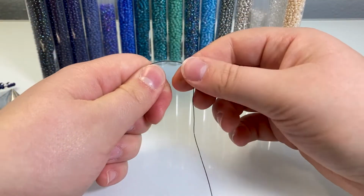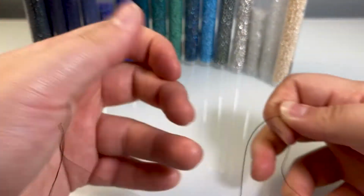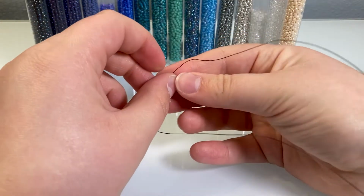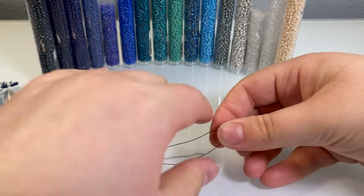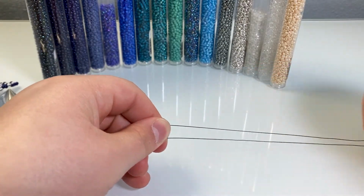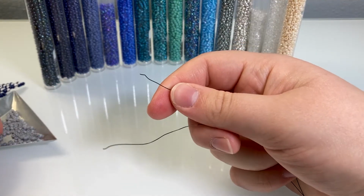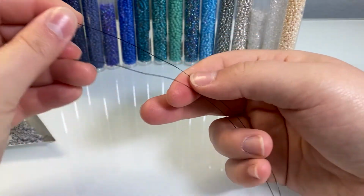Before pulling all the way tight though, you're going to make sure your wires are even, and mine are. So now you can pull tight all the way. Now I like to grab the bead and just strip my wires back so they're nice and straight. And now we're going to do another row of 1. So whatever wire you want, doesn't matter. Take 1 bead, put it on,